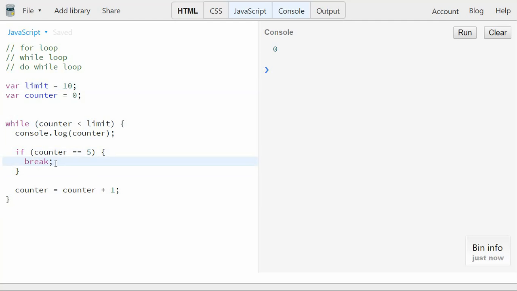Okay? So break is a keyword that says I want to exit my loop. This is true for all loops: for loops, while loops, do while loops. So I can evaluate internally some condition, and if that condition is true, I want to exit my loop early. And so now if we were to run this, it should go 0, 1, 2, 3, 4,